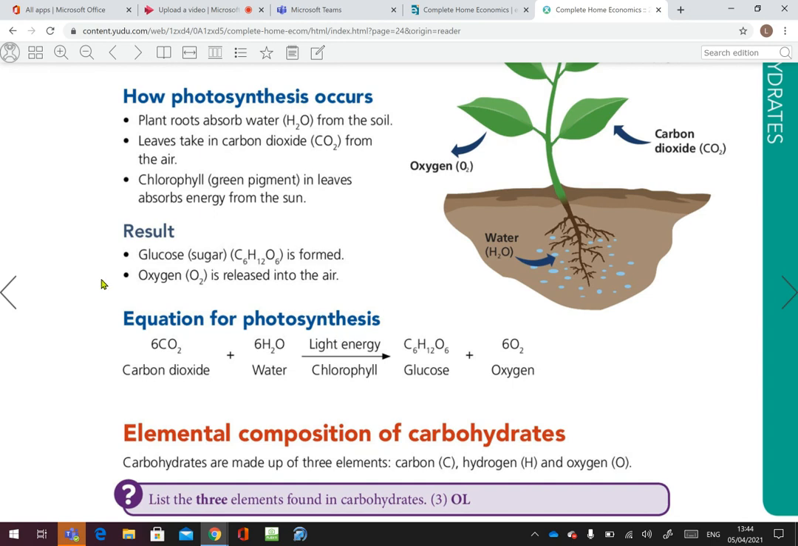into the air. So there is a chemical equation for this. You might be asked to fill in the gaps in a short question. So 6 molecules of carbon dioxide, 6 CO2, plus 6 molecules of water, 6 H2O, where light energy is absorbed by chlorophyll, and what you end up with is C6H12O6, which is glucose, or a basic simple sugar unit, and you end up with 6 O2 molecules,